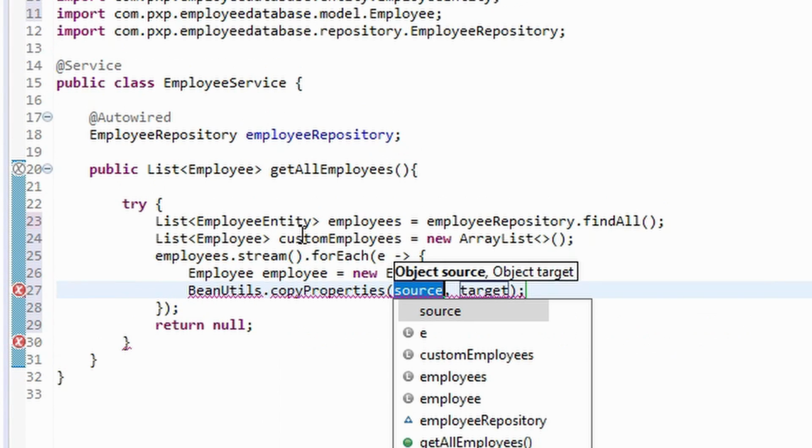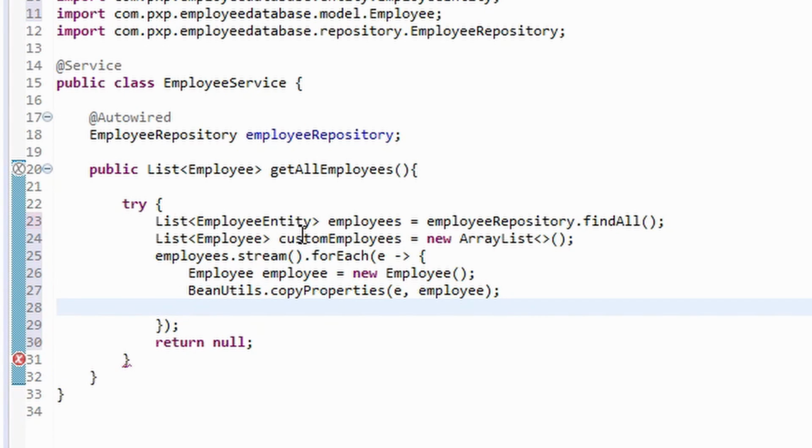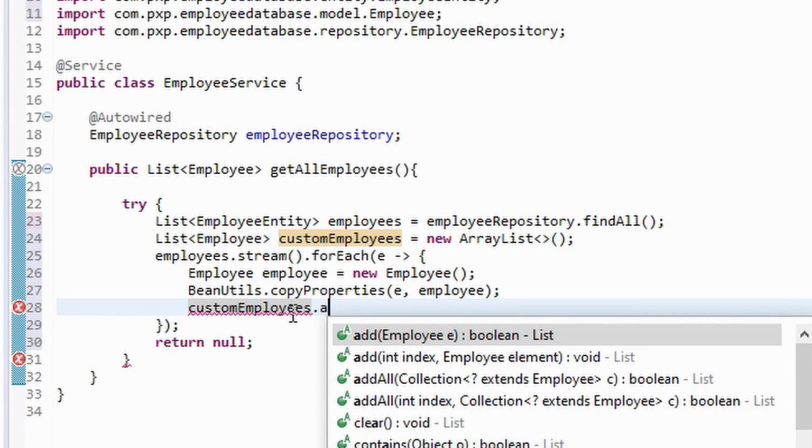So BeanUtils will copy all the properties easily, and then we will prepare another list of employees in this lambda expression, and then finally we will return that custom employees list, and that will be it.